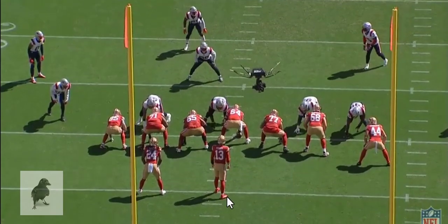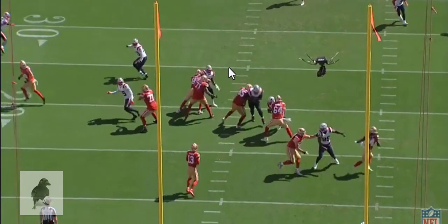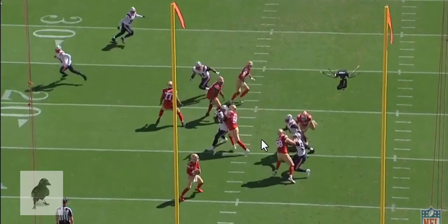Let's look at it from this direction. Again, he holds that safety there for the possibility of the deep route with Samuel coming across from right to left. Keeps these defenders in the flat to the left side. Why is he doing that? Again, slow release by Kittle. So if these guys think that there's a threat for him to go to this flat with Kittle, he lets them stay in that area. Now he looks back downfield as if maybe he's going to hit that deep post, keeps the safeties reinforced at their depth, and then gives a quick look to who we just saw there,